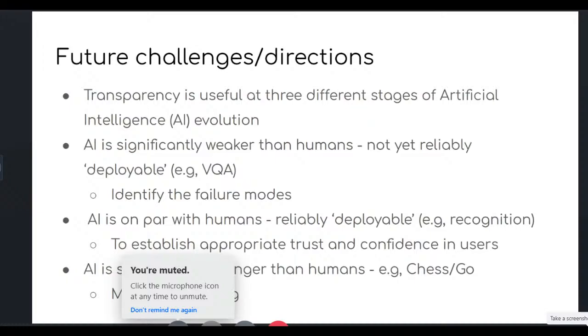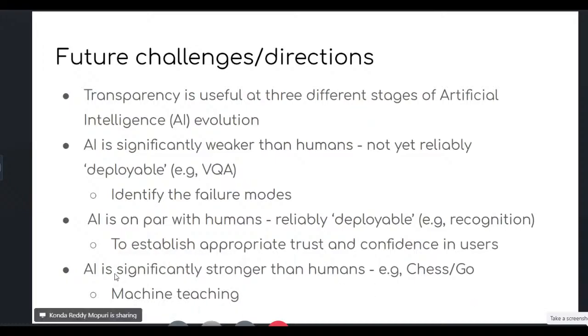So this is where we may have to learn from the machines. Until now, we have been teaching machines how to recognize a dog, how to recognize a cat, how to understand what we say. That is called machine learning. In the future, we may see machine teaching, because in more and more tasks, machines will outperform humans. Then we have to learn from the machines, right? For example, Go and chess are very strong examples. So we have to understand what patterns it is understanding in the game, how it is playing,